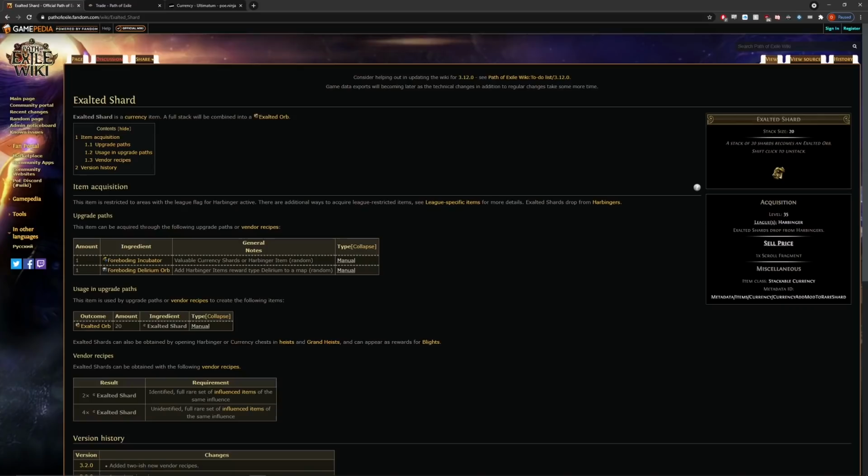So Exalted Shard recipe, obviously if you don't know what an Exalted Shard is, it combines just like any other shard, 20 to an orb. So currently an Exalted Shard is worth just about 7.5 chaos roughly. Let me just double check my math on that. 155 divided by 20. Yeah, about 7.75 chaos per shard. So you can potentially get 4 Exalted Shards from one set of items. So that's a really easy 30 chaos right there, for basically the same idea as the Chaos recipe, but